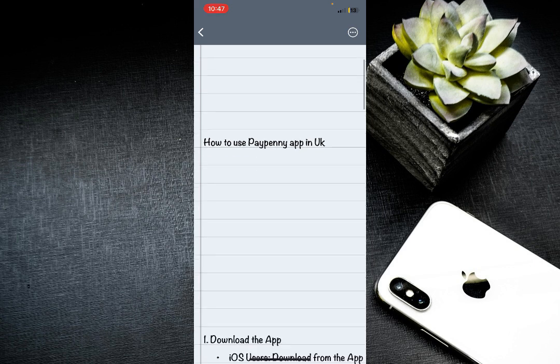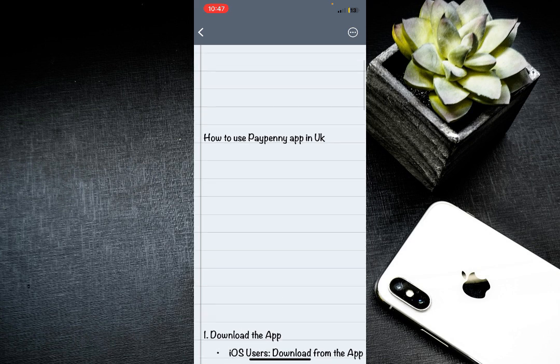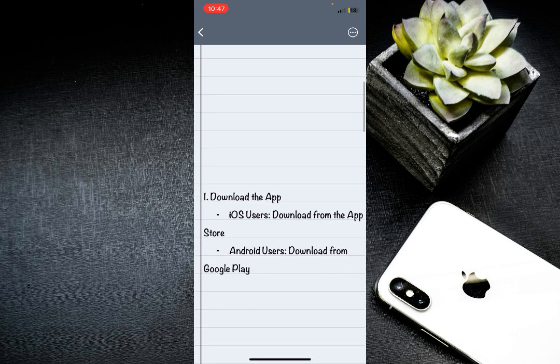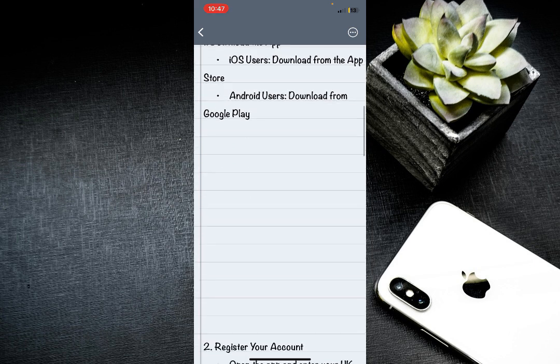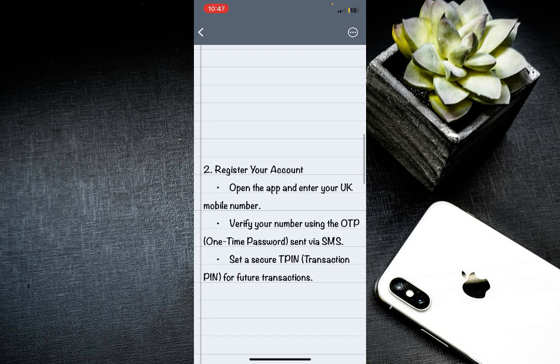So to get started with the guide on how you can simply use the Paypenny app in UK, the first thing to do is to make sure you download the app from a reliable source. iOS users, go to your Apple Store. If you're an Android user, install the app from the Google Play Store. Then after that, you have to